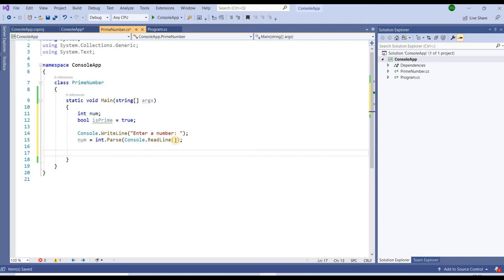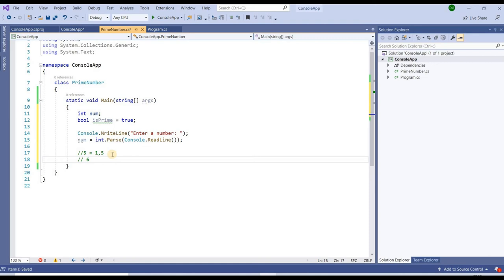For the for loop, first we need to understand the logic to find out the number. Suppose I have the number 5. This number is divisible by only 1 and 5. You can see that it cannot be divided by 2, 3 or 4.